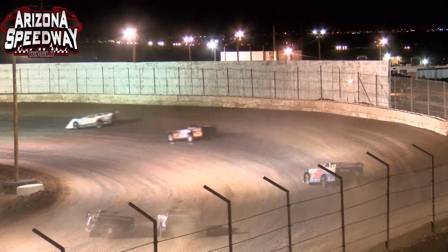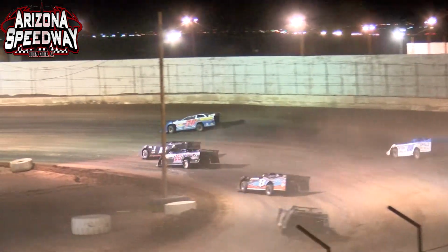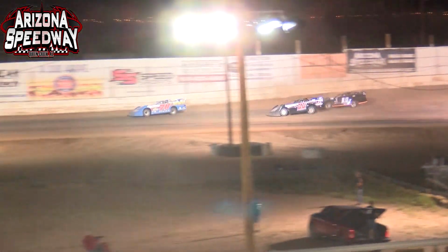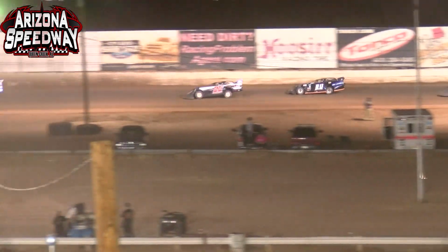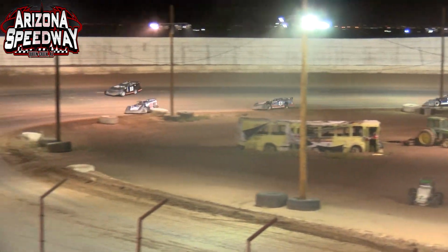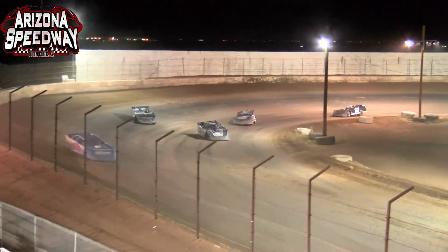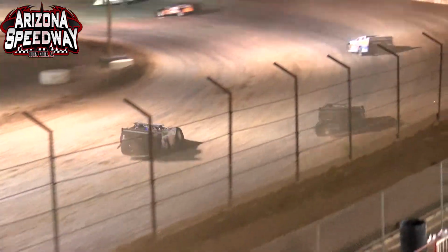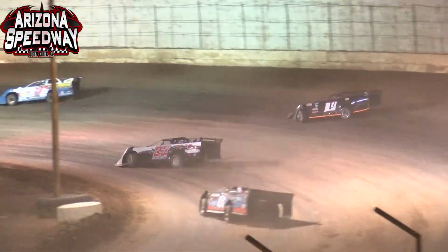And as all this goes on, you got Steve Stoltz up to that 5th spot, and Brian Schultz just threw a slider at Bruce Duckett for the 5th position. Duckett and Schultz with a little contact as James Lang off the pace down the back straightaway, see if he can get his car off the racetrack. Right now, very slow through turns 3 and 4. We have not thrown a yellow yet as his car continues to...